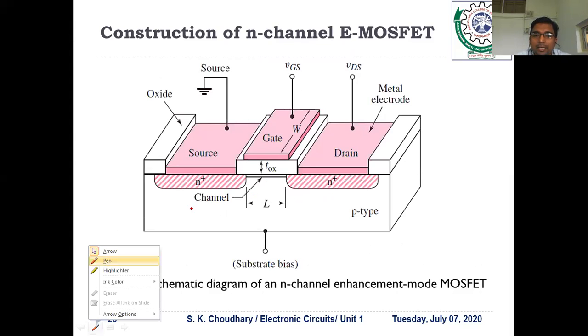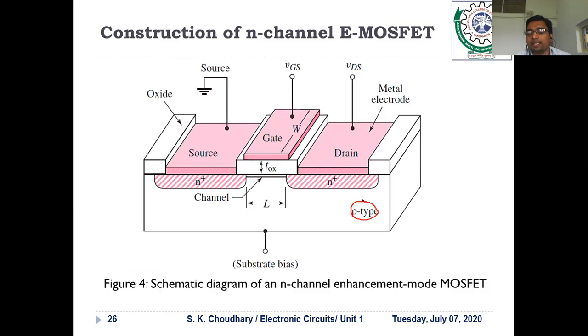So this is called the P-type substrate. This is actually a 3D picture. This is the P-type substrate over which we have deposited a SiO2 layer uniformly on the top surface of the substrate. Okay, so this is the SiO2 layer. And at the top, as per the MOS structure, the metal layer, called the gate, is here.